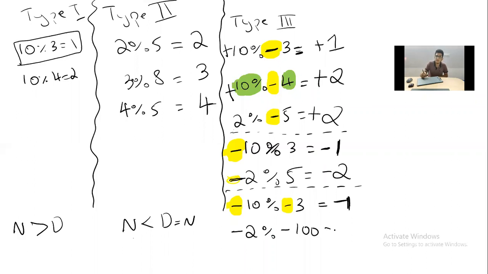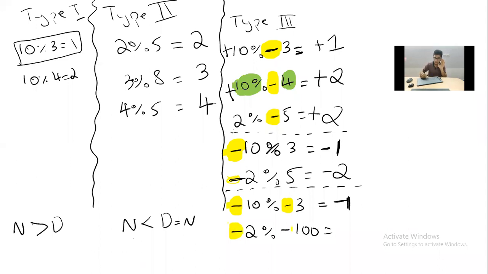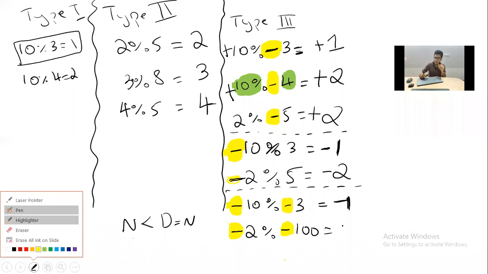Okay, this is what we'll see. First of all, when you're seeing a question like this in modulus, ignore all the negative signs. I'm ignoring this minus, I'm ignoring this minus. So what is 2 mod 100? If the numerator is smaller than the denominator, the answer is the numerator. So 2 mod 100 will give me the numerator as the answer, that is 2.